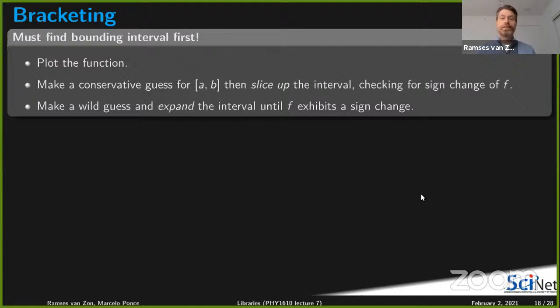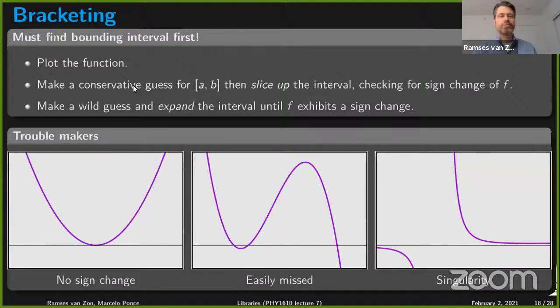Or do a wilder guess and say -1,000,000 to +1,000,000 and see if there's a sign change, right? You could make a smaller guess and expand if it's not. This is not as predictable an algorithm because you don't know what the function is, right? So this depends a little bit on how much you know of the function. You might actually know roughly where it lives. You might have an approximation. These things can happen. And so even if you try to do this sort of automatic, there are cases that